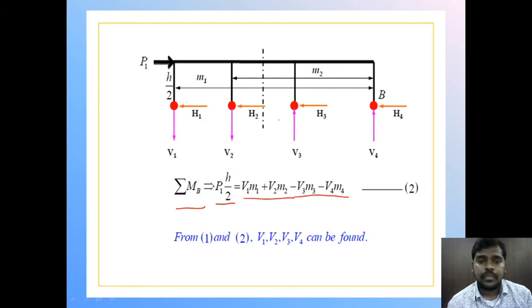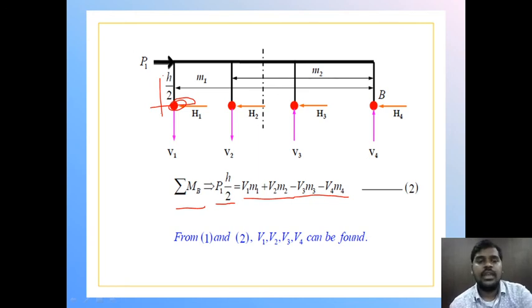In the numerical problems you will come to know what to be done for a particular style. This distance is given as h by 2, and here also h by 2. We consider half of the portion because at half there will be a change in bending moment, as told in the first